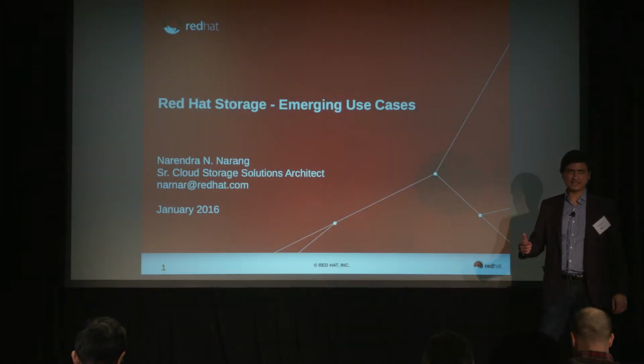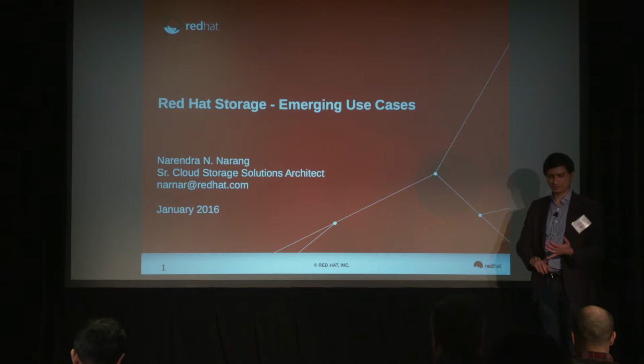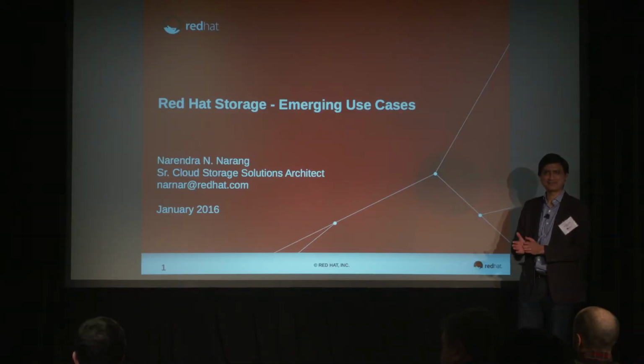So you know what's funny is that this is a storage event, but we've talked about everything from storage to compute. And we've talked about networks and throughput, and we've talked about containerization, and we've talked about orchestration. Does anyone see a theme there? Anyone? No one? I guess it's a little bit late for that question, but